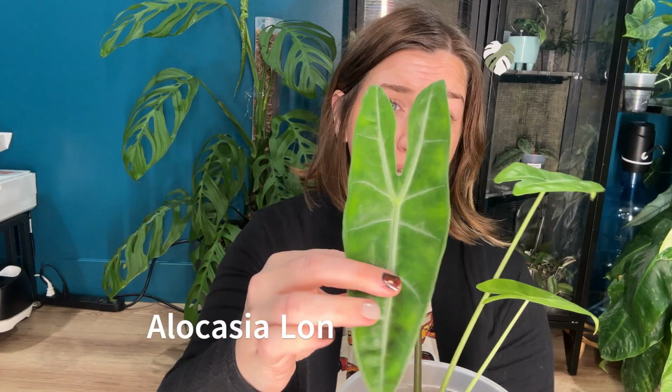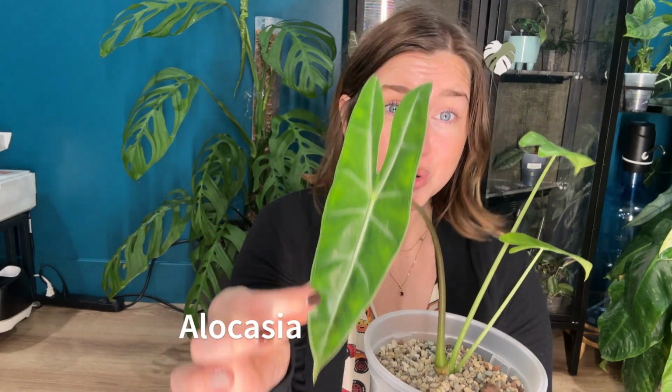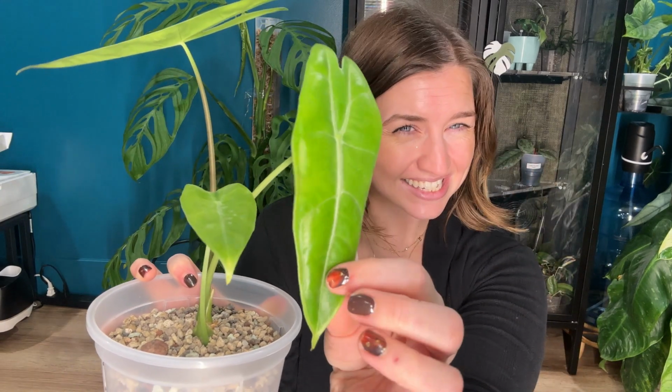The second alocasia that I have is an Alocasia longiloba, or Alocasia lucifer. So this one is really, really cool. This one is a longiloba silver. I haven't really seen any silver on it yet. I assume they're talking about like the veination. It's still pretty immature, but this, for being a thin leaf,